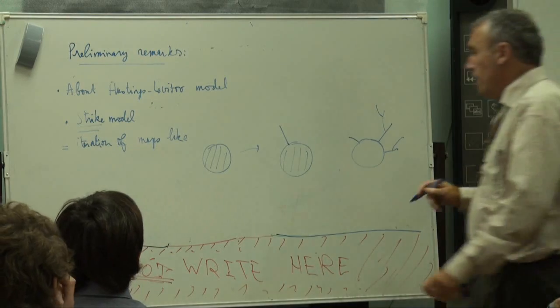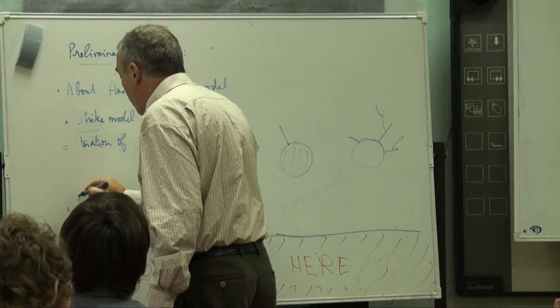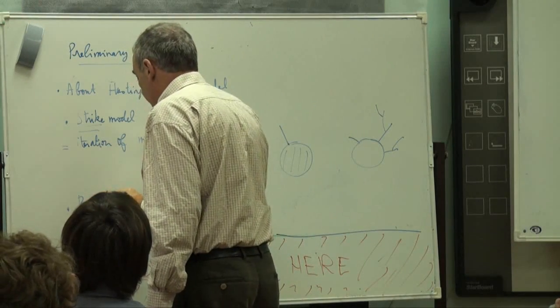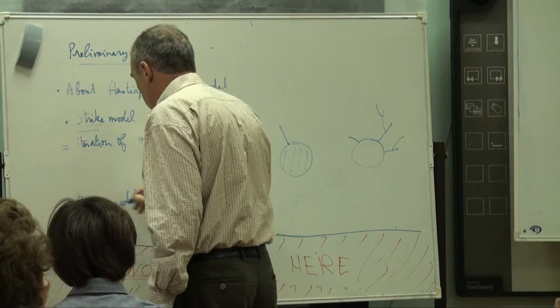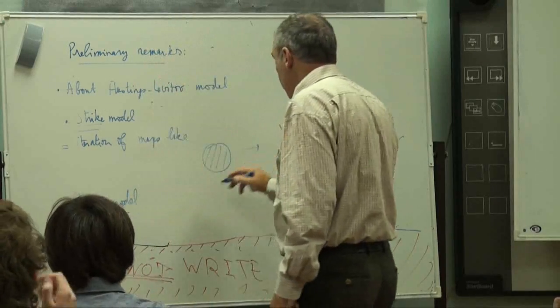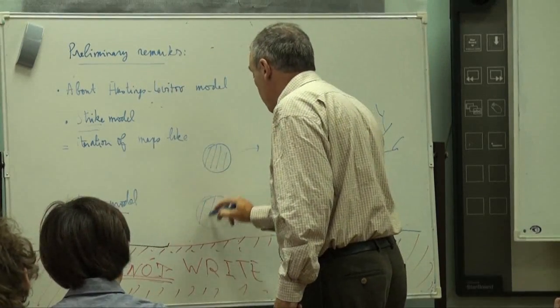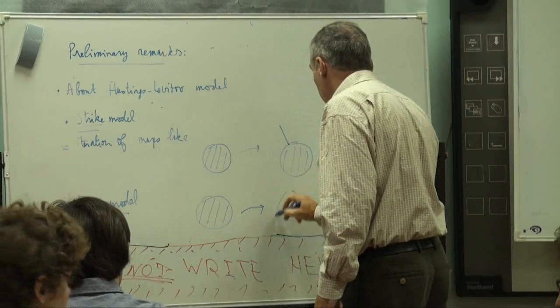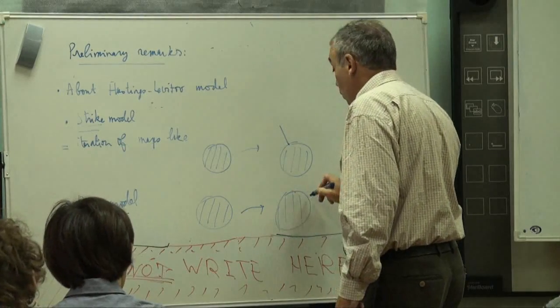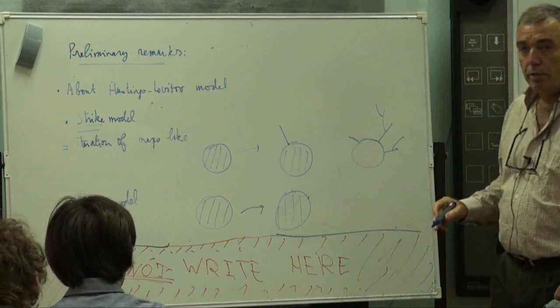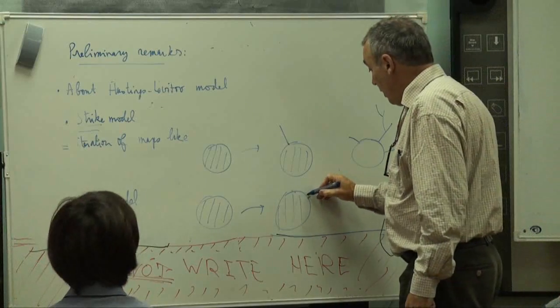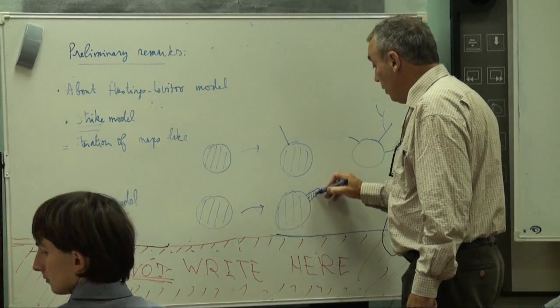Let me tell you a little bit. So this is the so-called bump model. So instead of iterating such maps, we iterate maps which look like this. So again, you choose a point at random, but then you add a piece of